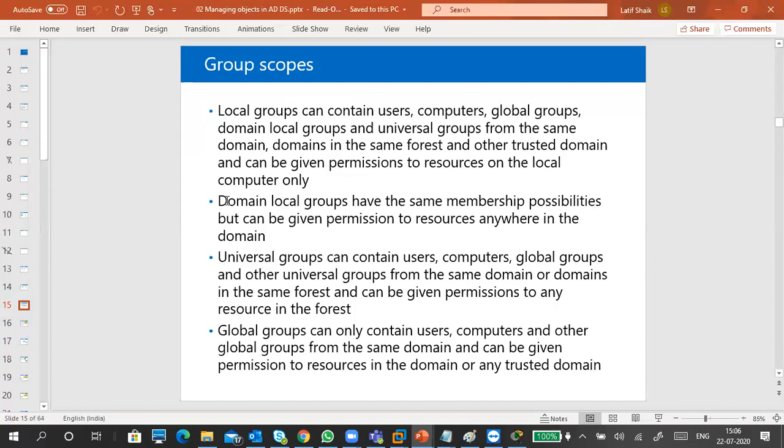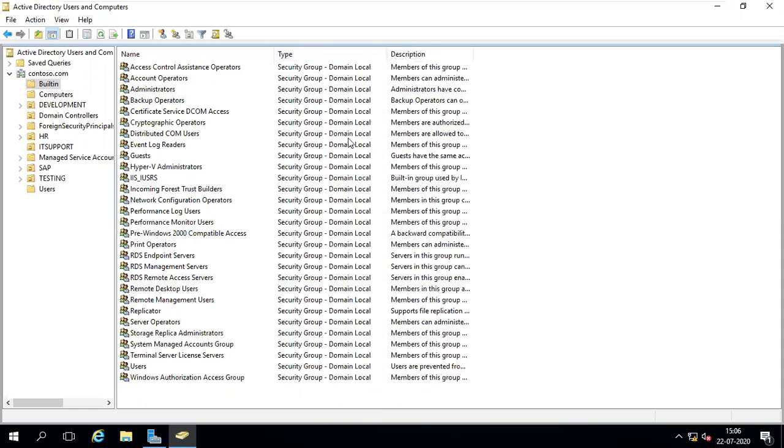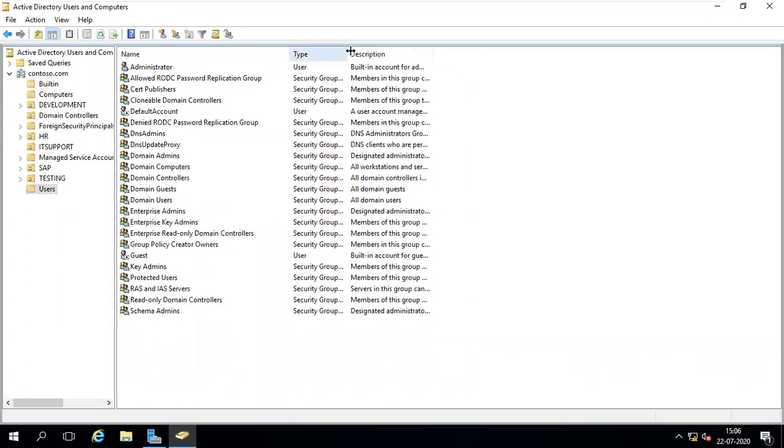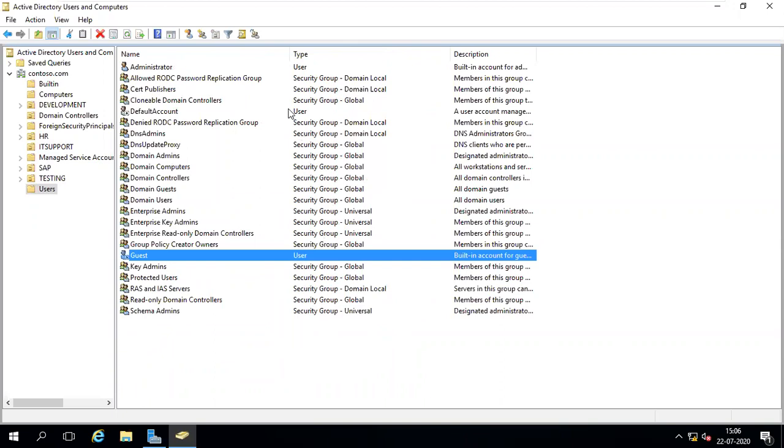So I will show you this. Local group and domain local groups are here. You can see Builtin. Okay, these are all security groups, and you can see domain local groups. If you go to Users, you can see only 2 users are there. One is Guest, it is disabled.